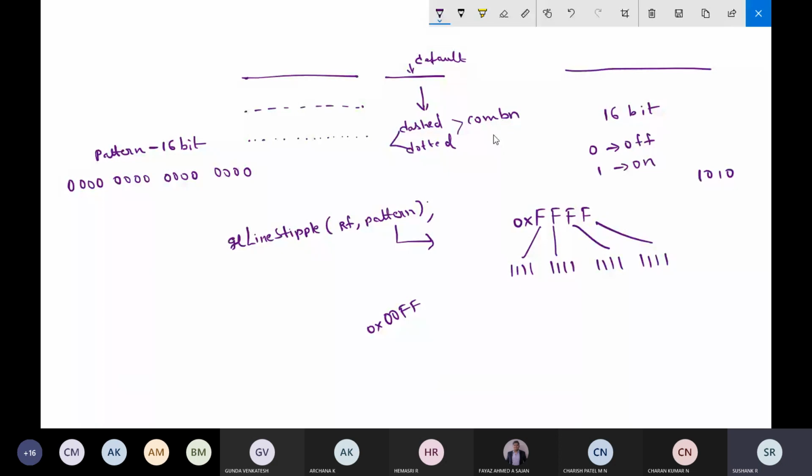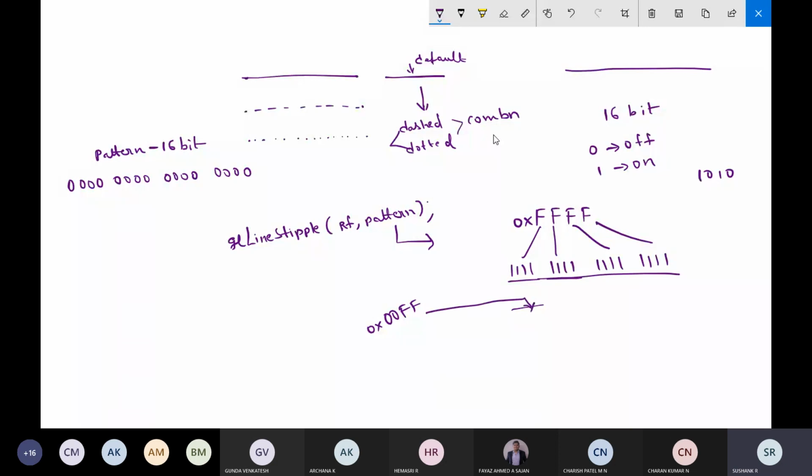Here I'm changing the default value of this pattern. So I will not get the solid line, I'll get the dashed line. See, some part will be blank. This zero indicates it will be blank.